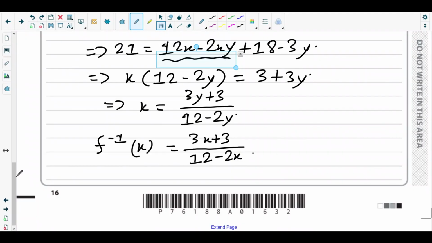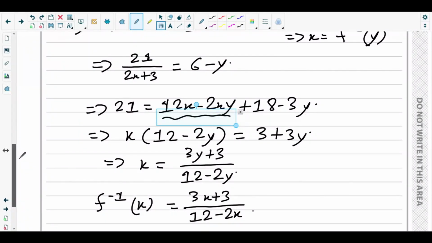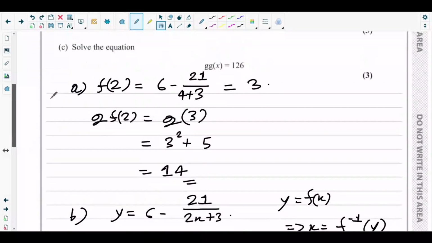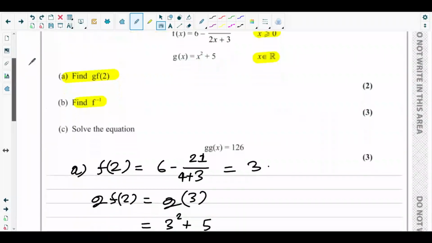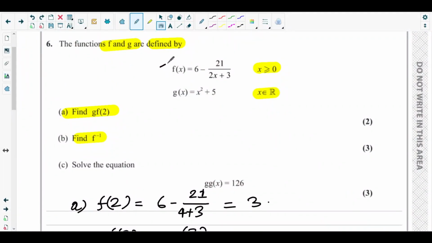Fine. So we got f inverse of x. Are we done? No. Always keep in mind, when the question asks you to find the inverse function, after finding the inverse you need to mention its domain. Why? Because whenever they write a function in the question, they always give the domain alongside. So we need to follow this also, isn't it? So let's find the domain of f inverse. We know that the range of f of x will be the domain of